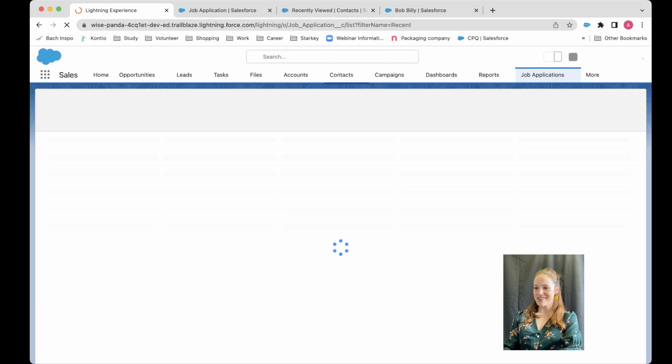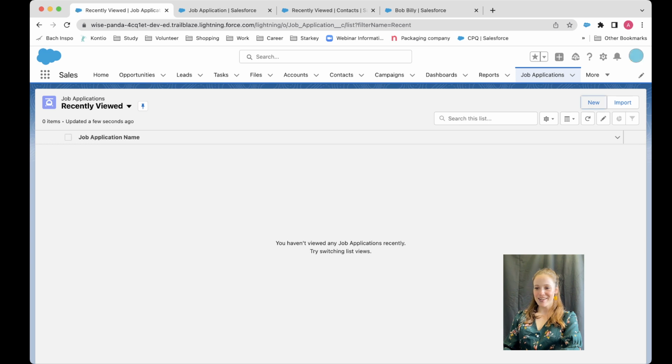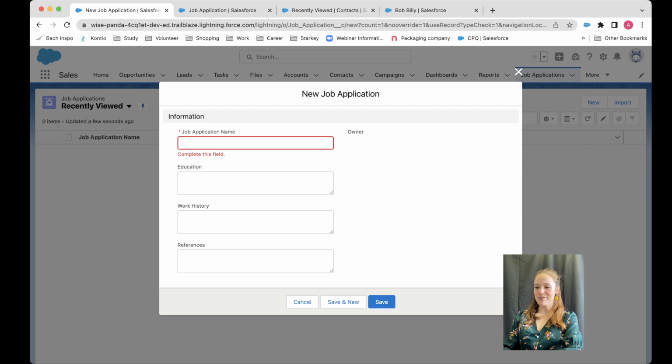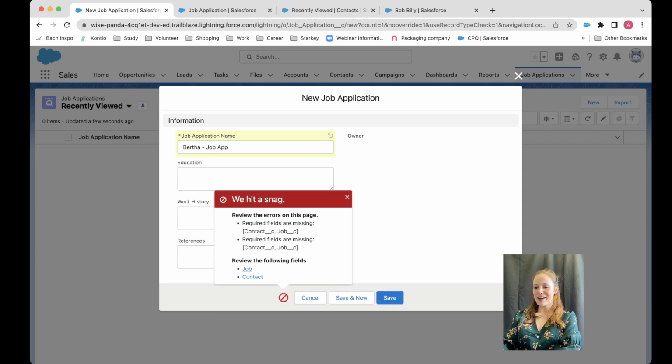All right, come on, job applications. We're going to go new. Let's check it out. And if you're following along, you should also be testing this too. Interesting, it doesn't look like it's actually loaded the page yet, but I'm curious to see what it will do. So let's just give it a name. All right, so maybe Bertha, I think is the name of the contact. Job app. Yeah, I thought so. So it is asking for those fields,